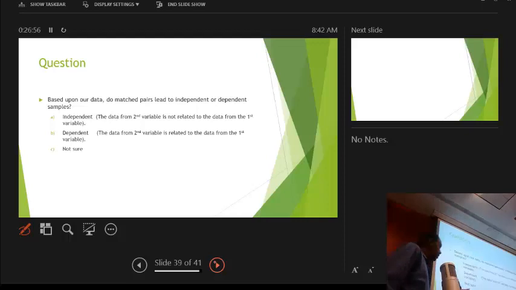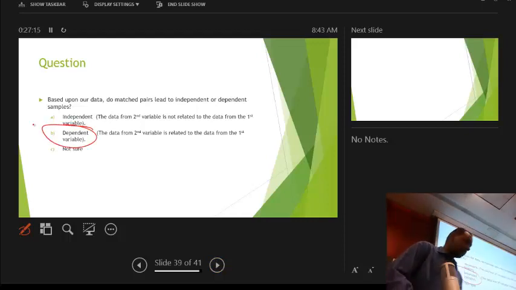Okay, so here we go. Based upon our data, do matched pairs lead to independent or dependent samples? Well, independent means that the data from the second variable is not related to the first, and dependent is that they are related. And so we're going to say that it's dependent, because it's the same people in the survey. All right. Next chapter, we're looking at independent samples, where you may have two totally different groups. But if it's the same person,